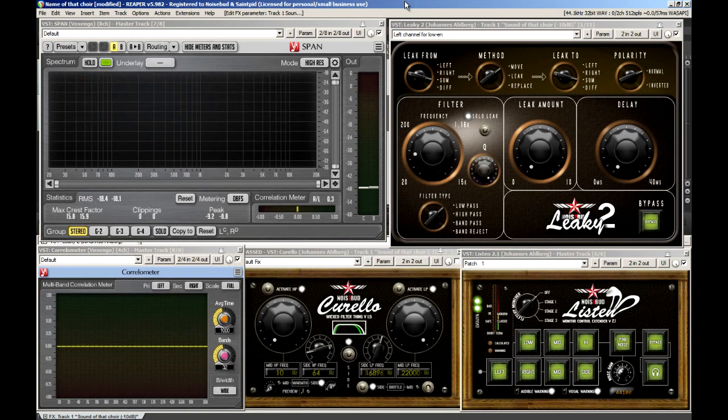So as you can hear, there's a lot of low-end information in the difference channel that's not in the sum. So I think to fix this, we're going to try to move some of the difference information. So we're going to leak from the source, the difference channel. And the method, we start with move. So we're going to move the information that we filter out with a filter into the sum channel and just